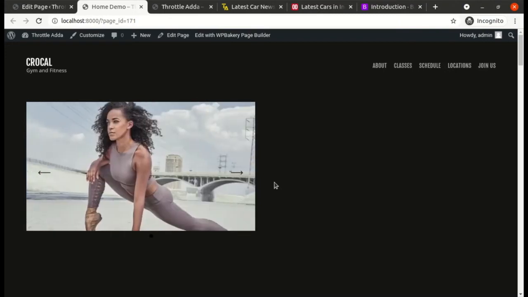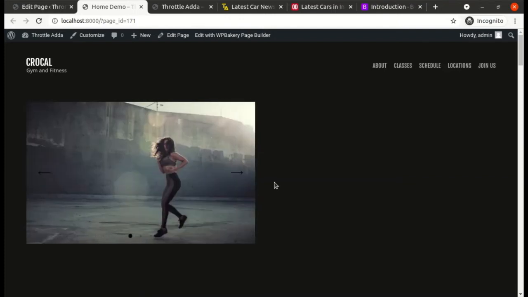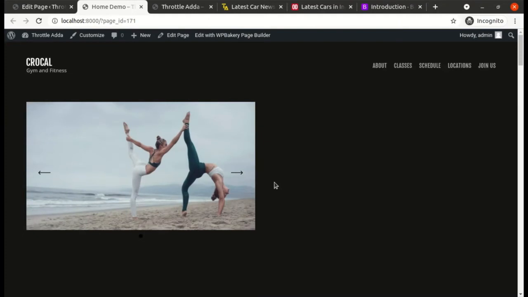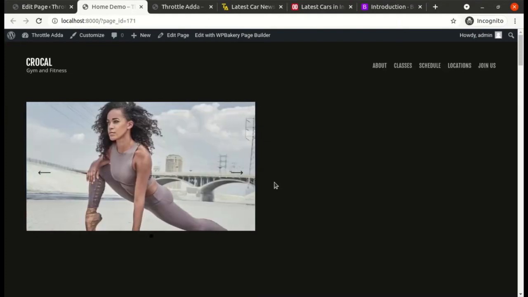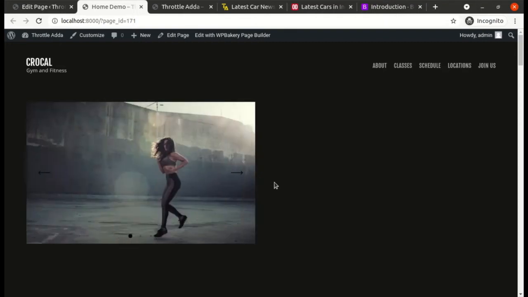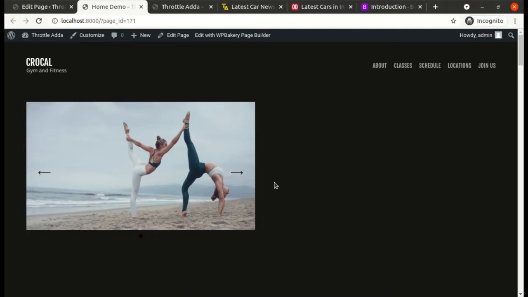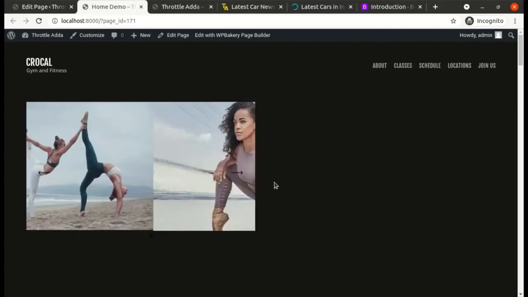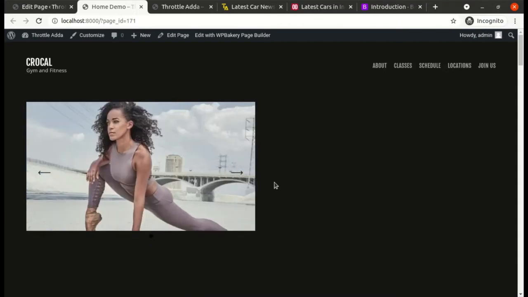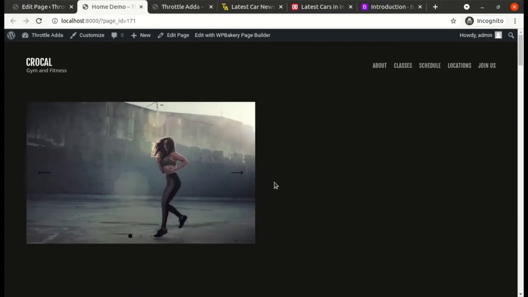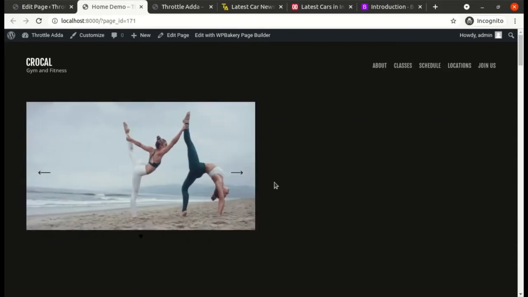And there is an advantage to it. If you use very big 4K 5K images, it will fit into this container also, but the disadvantage is the file size will be more and your WordPress website will be slow. So it doesn't make sense to get such a big resolution image for such a small area. So do precise image work, image optimization, and your WordPress website will be fantastic.